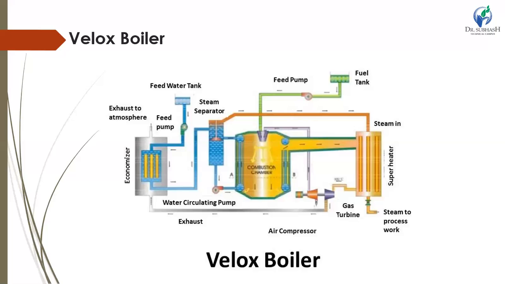There are some disadvantages also for this boiler. The steam generation capacity is limited to 100 tons per hour, and a large amount of power is required to run the compressor at this output. The power produced by the gas turbine is not sufficient to run the air compressor, so power from an additional motor is supplied to run it. It can operate on liquid or gas fuel only. So this is a major limitation.